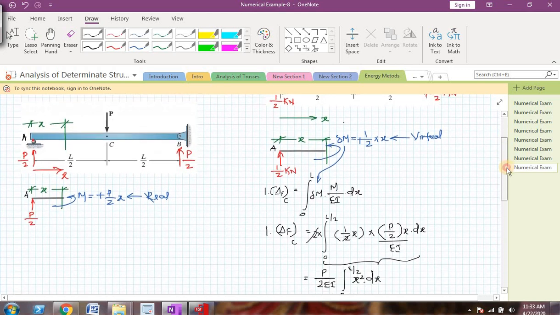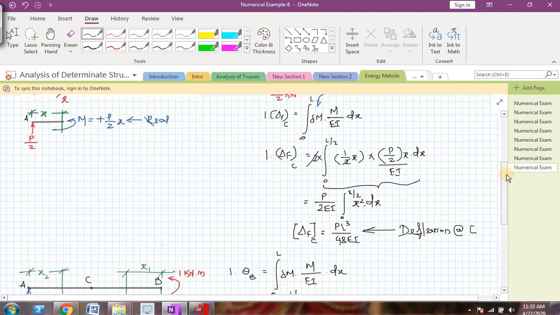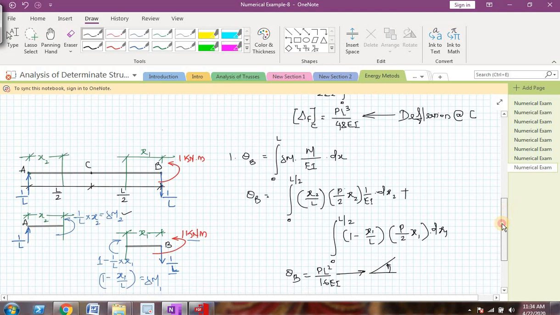Now here what you can see is why I didn't take segments AB and AC separately: actually I have taken them together, that's why I have multiplied it by 2. You can even write that as plus something, but the second term will also be the same as the first term, that's why I avoided that and I wrote 2 times. So this is how you can find the deflection and slope.